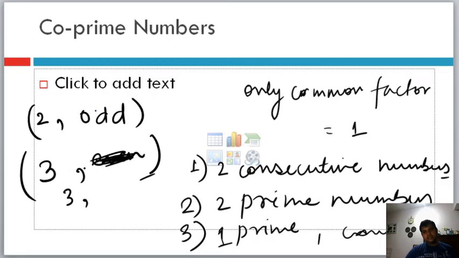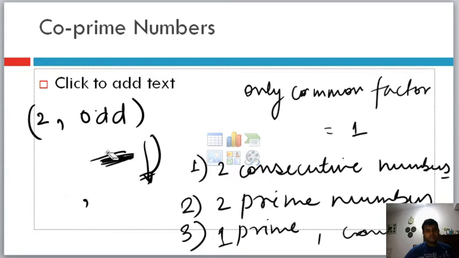So basically there will be 3, and then you have to pick a number, which is an even number or an odd number, and then you will have to figure out if they have any common factors outside 1. If they have, then they will not be co-prime, otherwise they will be co-prime. But this one, it will work always. 2 and any odd number, they will always be co-prime numbers. So that's the basic definition of a co-prime number: individually they might not be prime numbers, but mutually they behave like prime numbers.